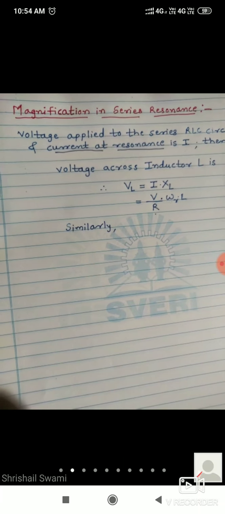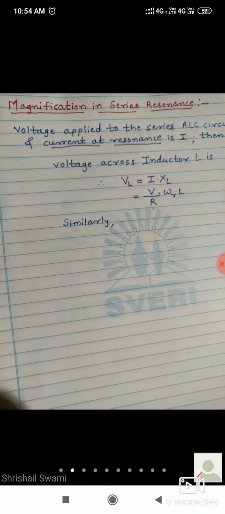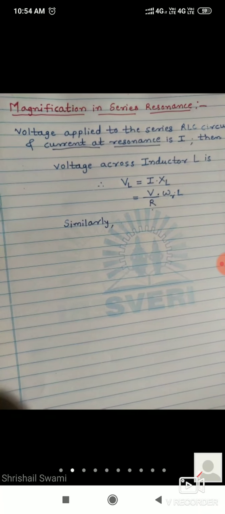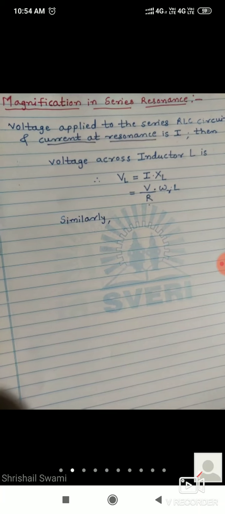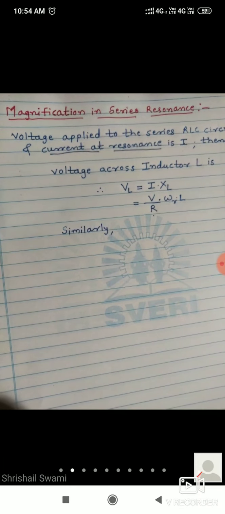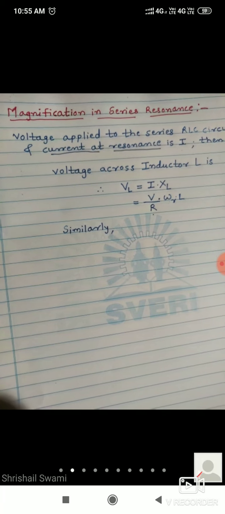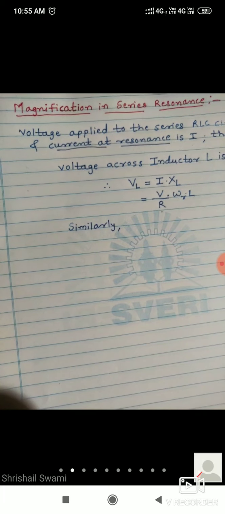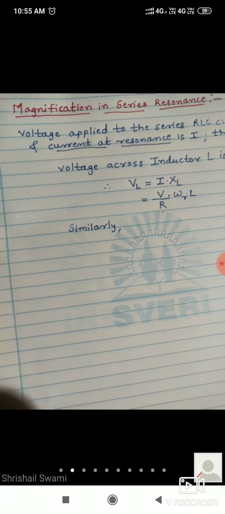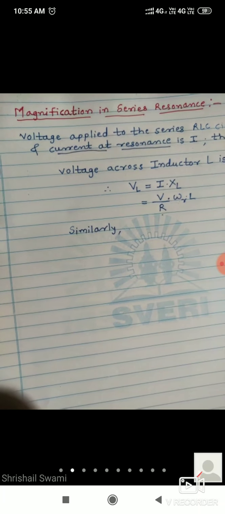We derived that expression, and that derivation has been asked a number of times in the university question paper for 6 to 8 marks. You have to prepare that derivation as a theory question from this unit, and there are also some numerical problems based on those expressions. There are a total of 13 expressions, and based on them we can solve some problems.